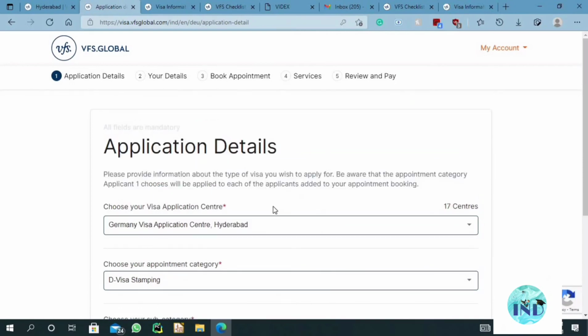So that is the procedure. This would be the last and final step of D visa stamping and getting your passport that is stamped with the visa. So that is how you get the visa for Germany.